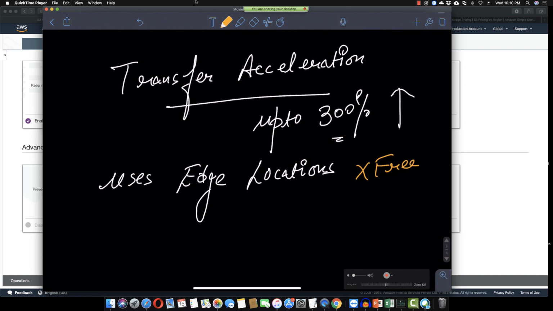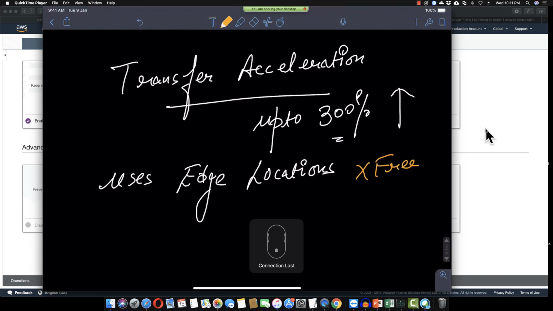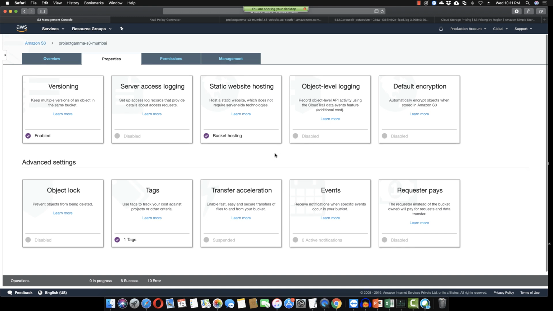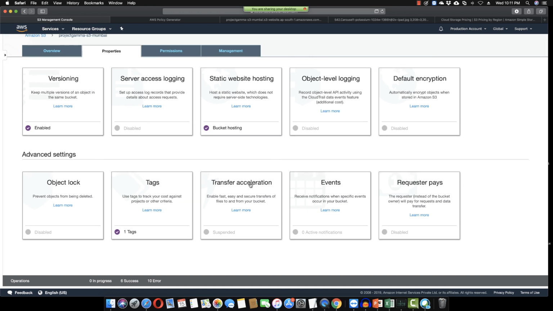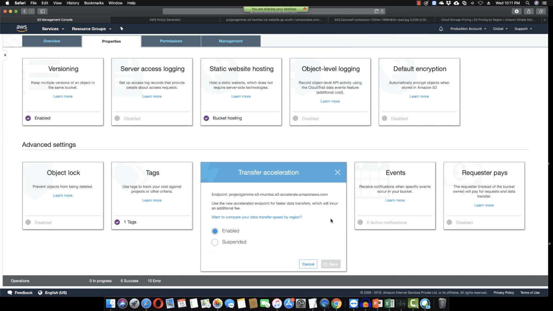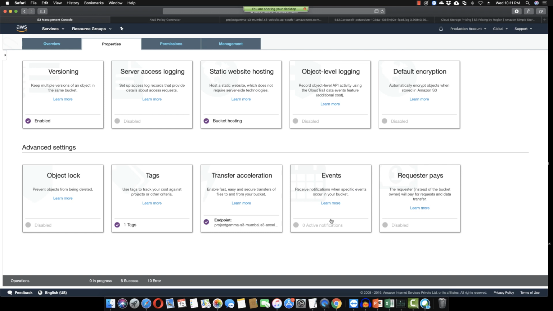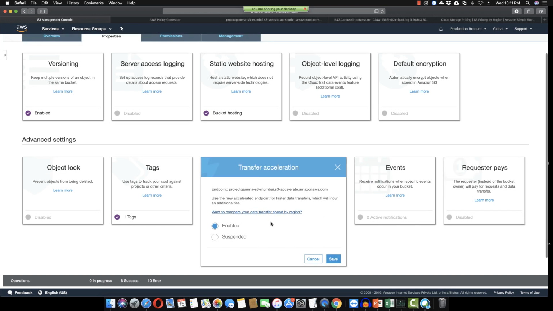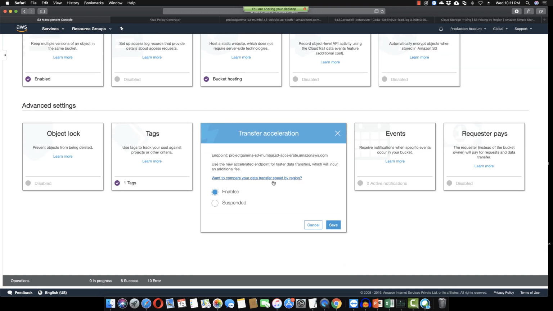Now the thing is that if I just go back to this page, and I click on the transfer acceleration, by default it's suspended. I click on enable and click save, and that's it. That's what you have to do to enable it. Now the thing is that you can just run a speed test. You just click on want to compare your data transfer speed by region. You click on this thing right now,